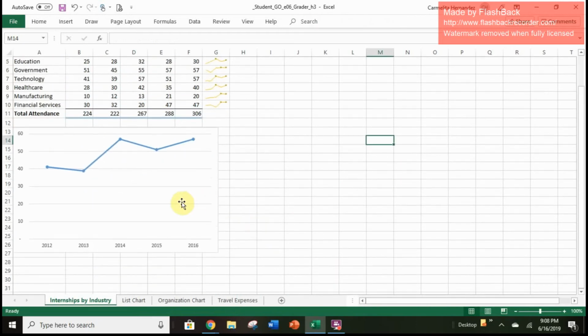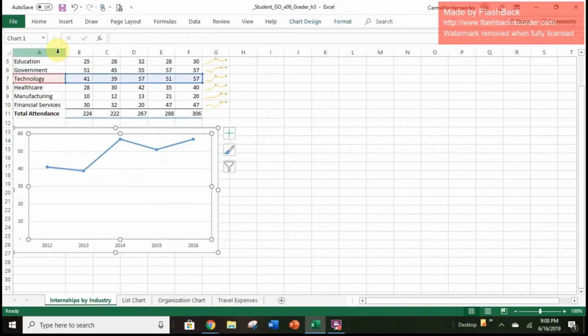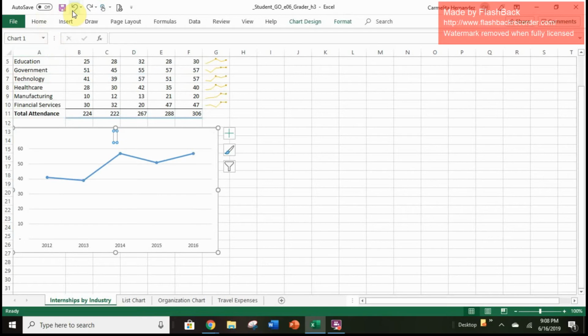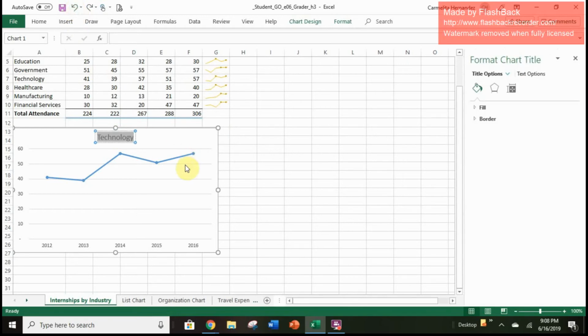Oh, what did I do here? Something, I didn't show the chart title. Let me hit back. If all else fails, hit back and try it again. For some reason I messed up on something. Here we go. Let's try this again. There we go. That looks a little bit better. Now it's typing in there. Internship available